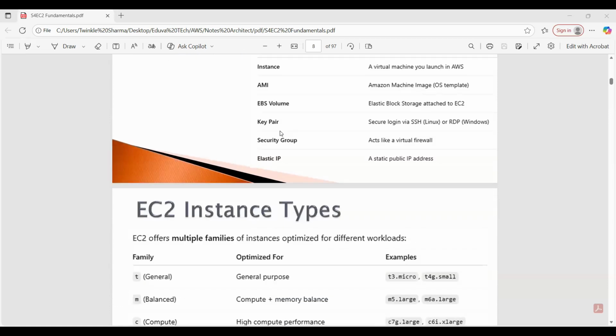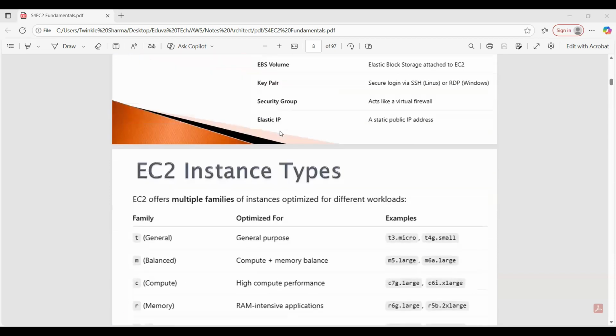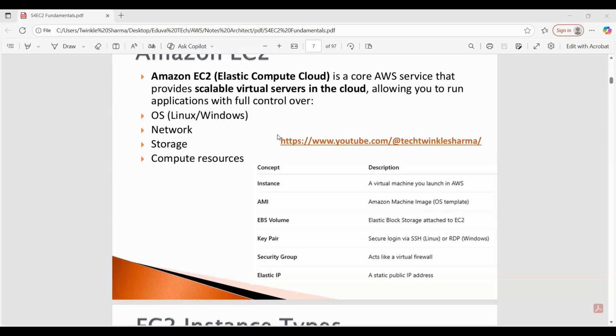Then we have the bootstrap one. What is the bootstrap script? That is configured at the first launch of EC2, called EC2 user data. You need to choose how much of a virtual machine you want to rent in AWS. First, EC2 user data. So, what does it stand for?